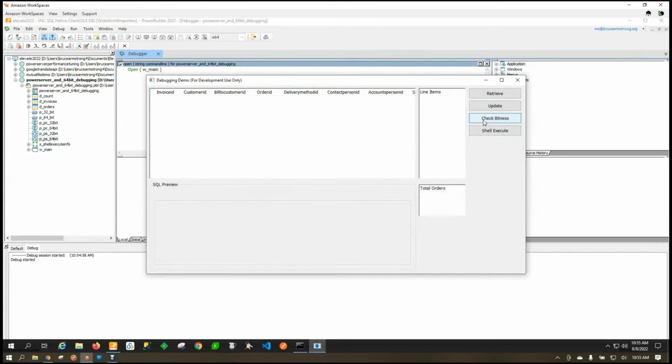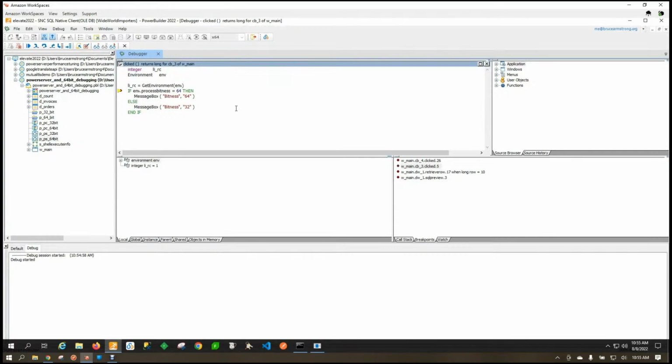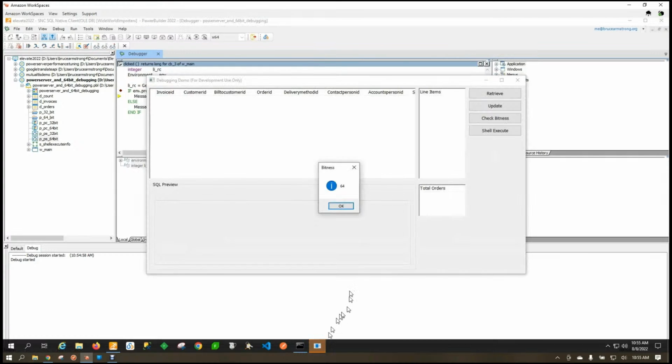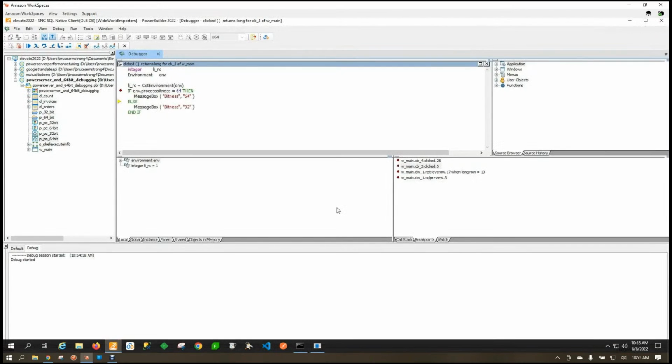Okay, so same thing as far as these breakpoints. As with PowerClient, we're running against the installed version of the client, and so I had to make sure that I had the most recent version updated to the server. And you can see this is the 64-bit mode. Although previous to this, you can debug PowerServer deployed apps in either 32 or 64-bit. The differences here, though, are going to be